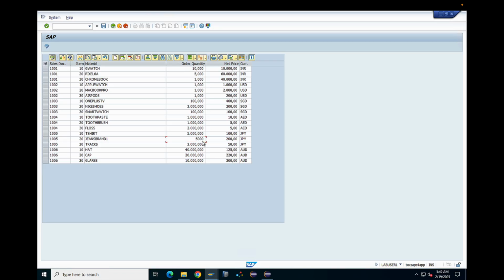Oops, 5,000, right? I want to perform a delete operation, so I'll delete the last line for clears, and I'll perform an update operation